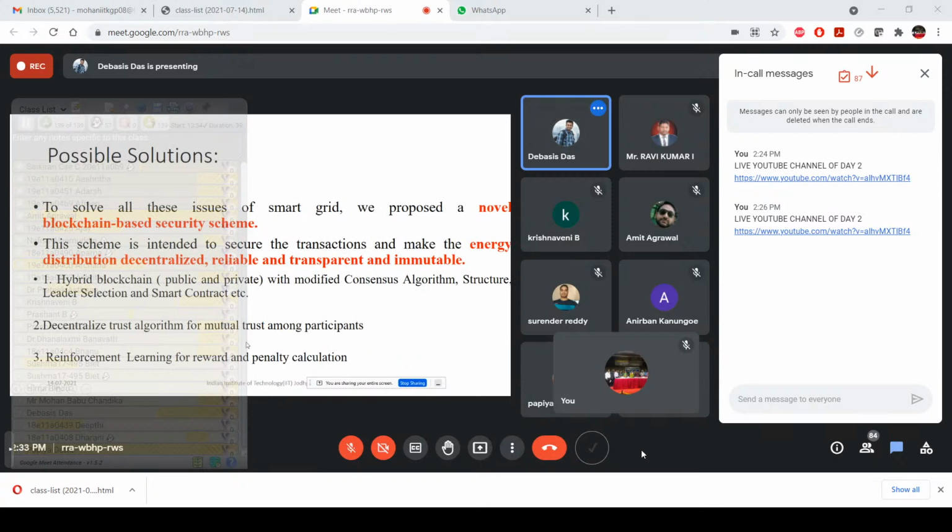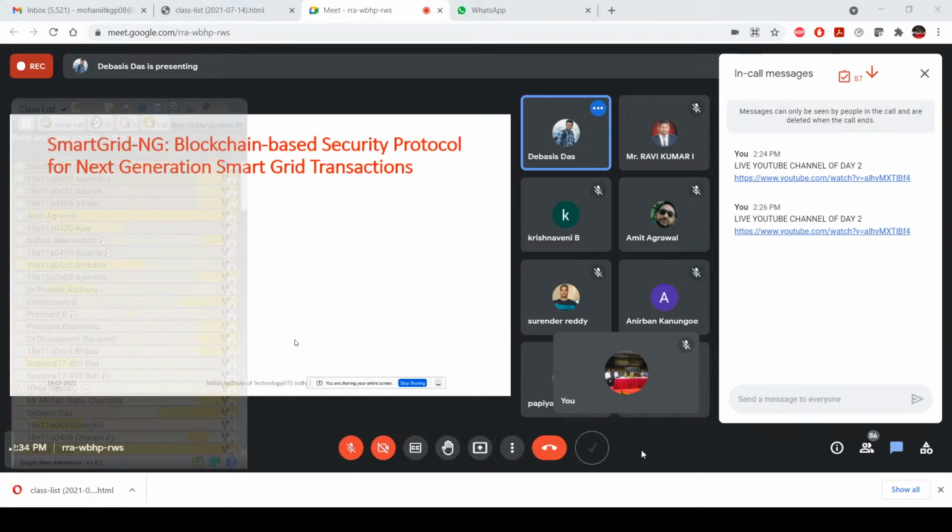Sometimes, due to some problem, you can also give a penalty as well. So we can use the reinforcement machine learning type of concept for the reward and penalty calculation. Here, just to assume the same thing, but our concept is that each solar plate has a